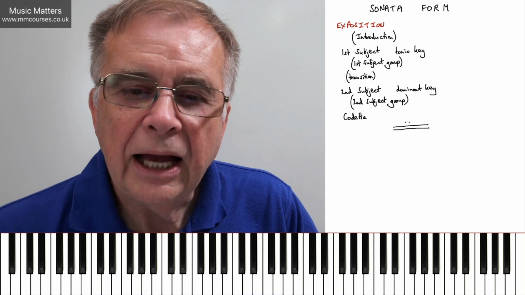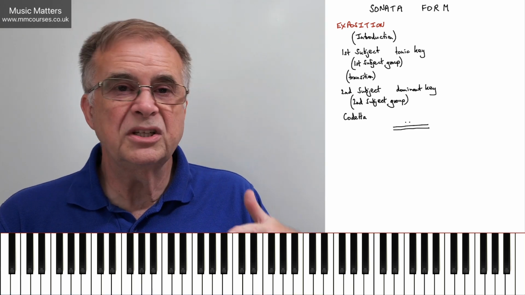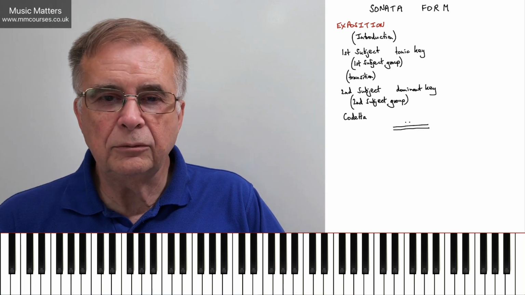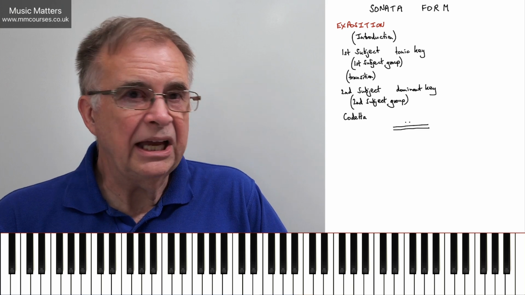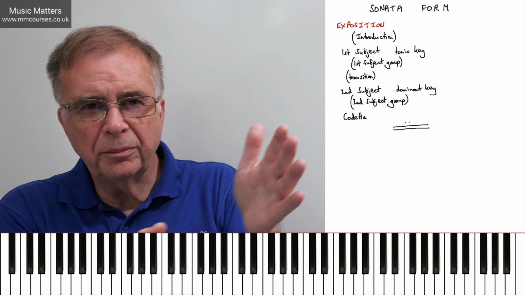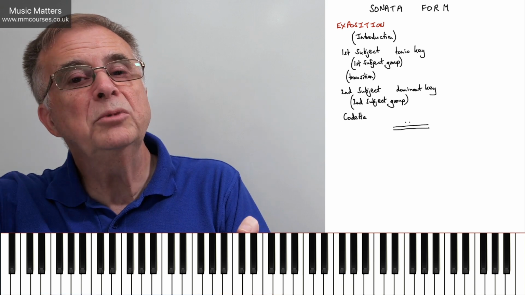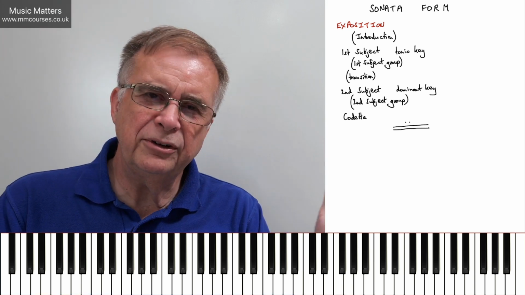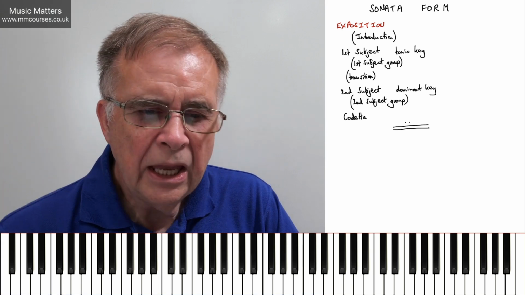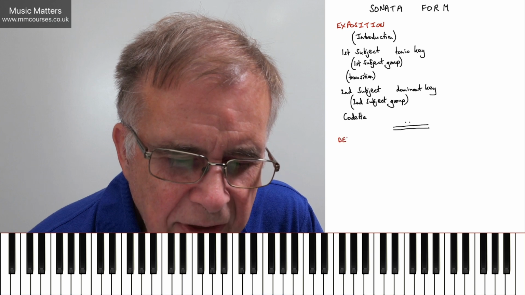Okay, so this is repeated, as we say. Often in performances, people miss out those repeats, but to do the job fully, the repeat should be there. It might have a first time and a second time bar, which would enable you to go back to the tonic key in the first time bar, but in the second time bar would enable you to move on somewhere else. So you might find first and second time bars being used in the codetta as well. But whatever happens there, we will then move on to the development section.